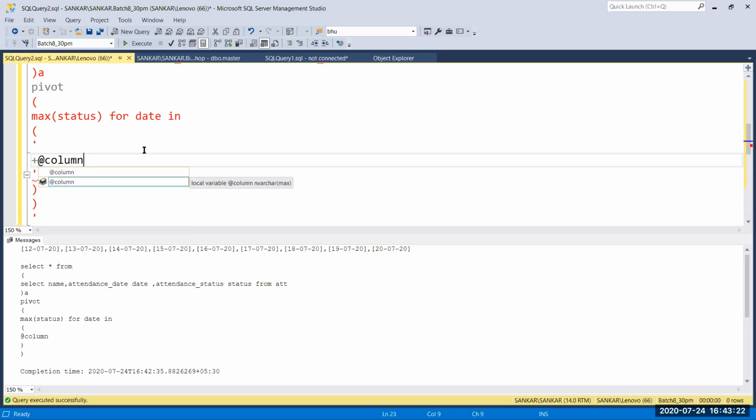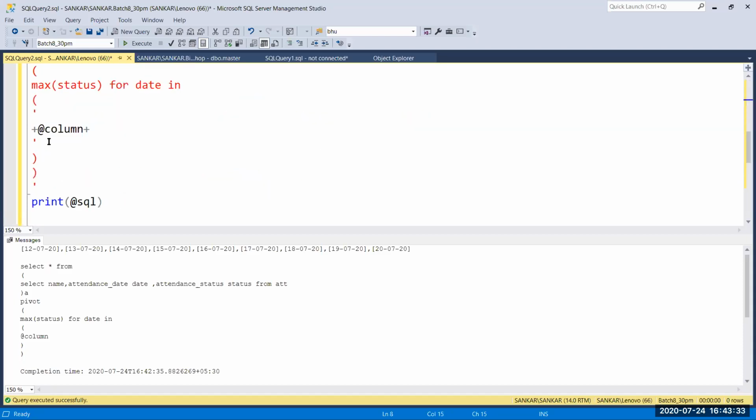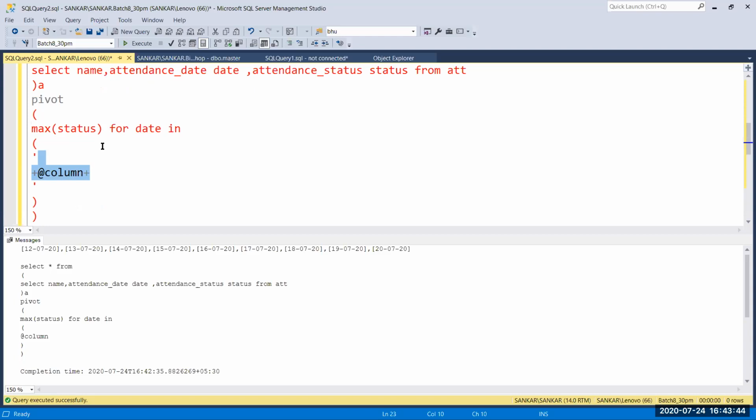Now you can see the at column is shown in black color, the same color as the variable. The reason is, if you are giving single quotes, inside the single quotes the value is not a string. This is a concept.